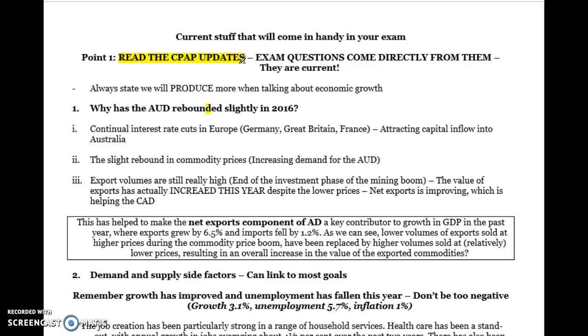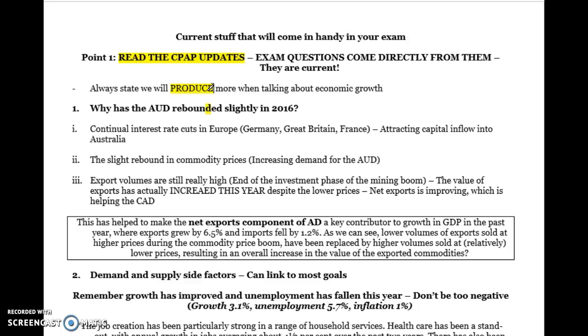factors in the budget. And secondly, when you're linking things to real GDP, and I know I've said this in the past, but people still aren't using that term that increased aggregate demand will lead to increased production, which should help to boost the level of real GDP. So make sure you continue to do that, because real GDP is all about the level of production, so without that you're not fully answering the question. It's also important that you're actually linking it to all the components of aggregate demand as well.